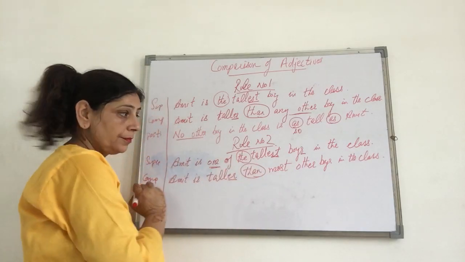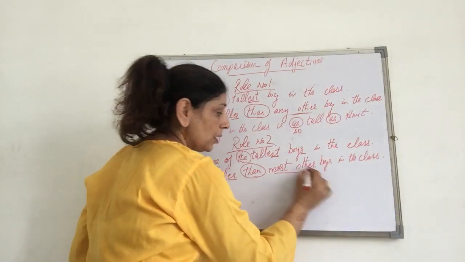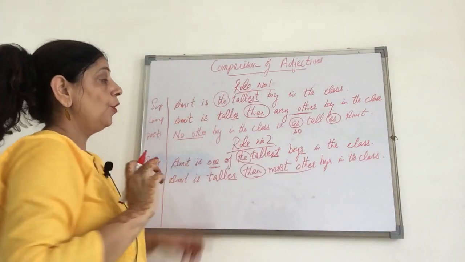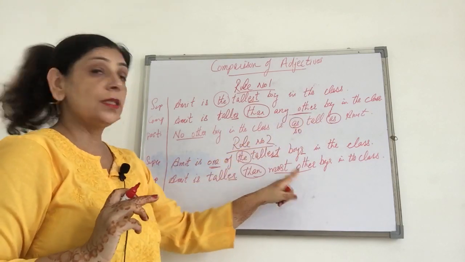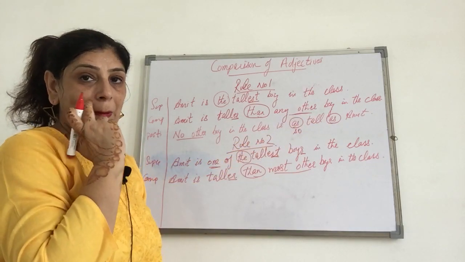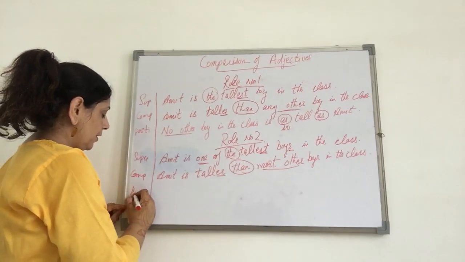Taller, here, most other for rule number 2. For rule number 1 it was any other. For rule number 2 it is most other. Right? And the positive degree,